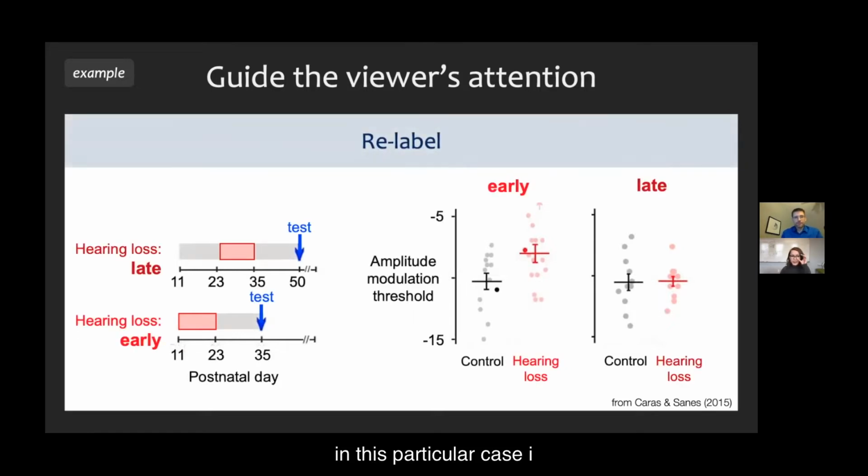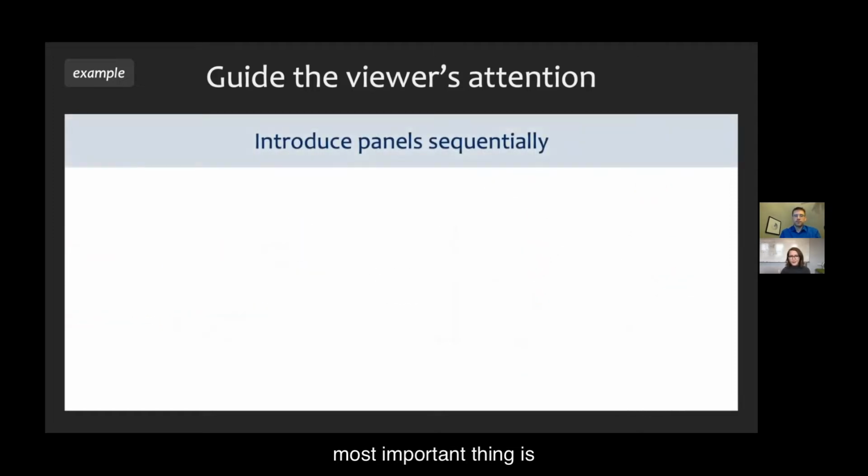In this particular case, I relabeled all of the labels. I've also added titles. I've written out all of the abbreviations. I've used different colors. Now, as it looks right now, it's still a lot. So the next tip, which is, I think, the most important thing, is introduce the panels sequentially as I talk